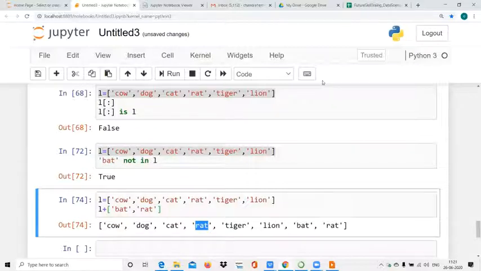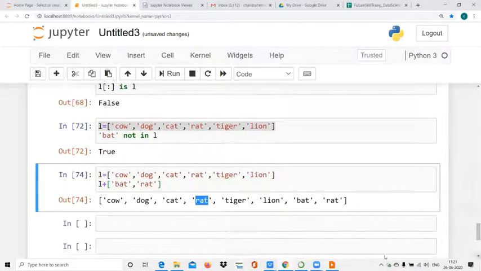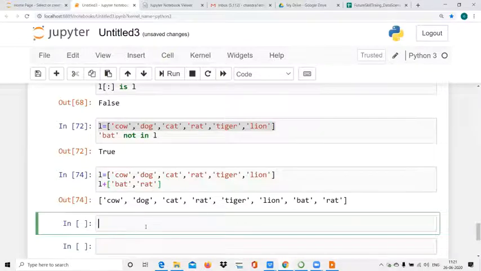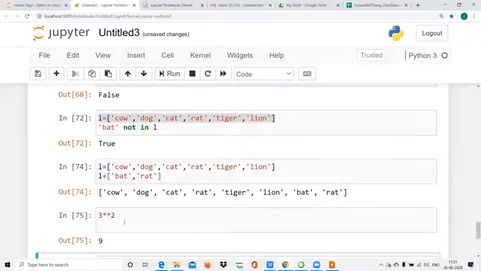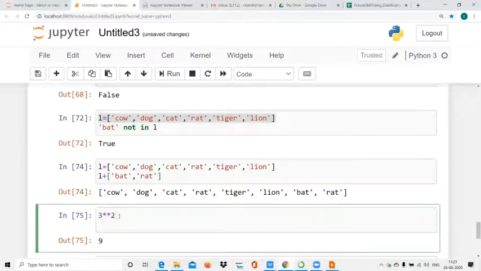See what is this? We will see. That is square. What is this? So it is a square.